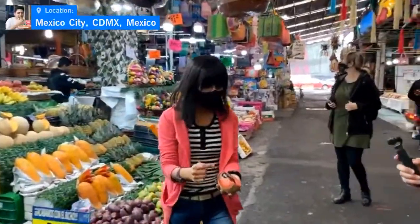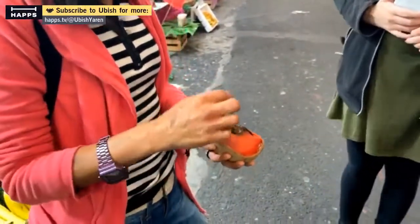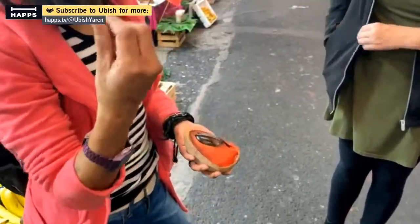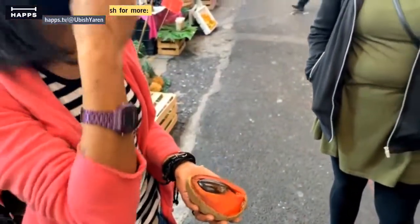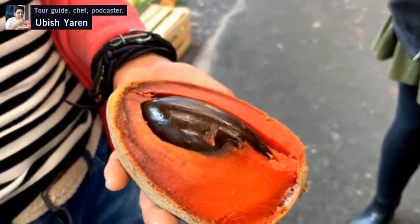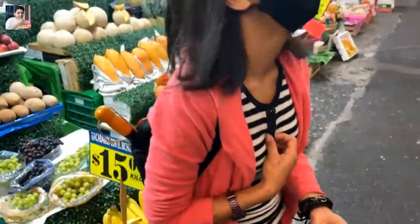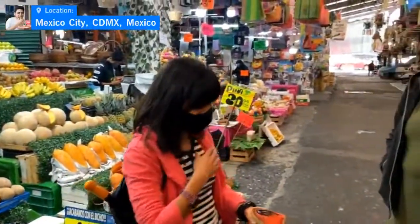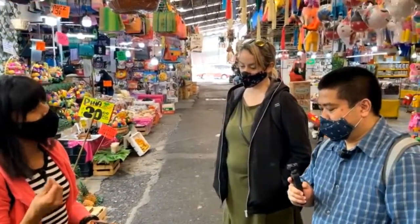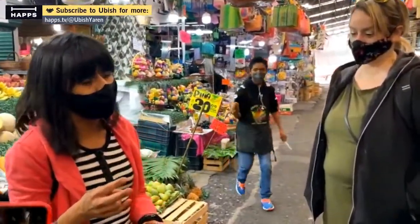So it's almost the same. The mamey is very nutritive because it has an oil. You can put it on your hair and eyelashes to make them grow, but you can also extract it for your face, or whatever you want. The mamey is very creamy, and thanks to that, you can make milkshakes or smoothies or ice creams of it. Oh my god, I love mamey. Sorry, it's one of my favorite fruits. And let me tell you that the texture, flavor, and everything for me, it's like sweet potato, avocado, and papaya